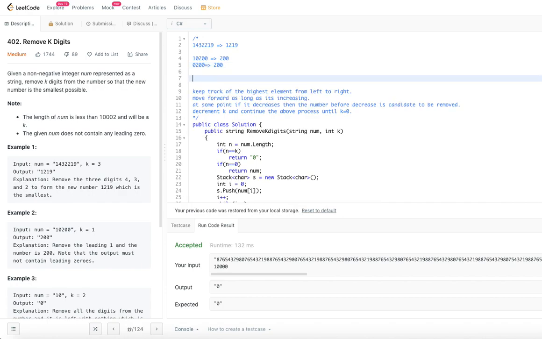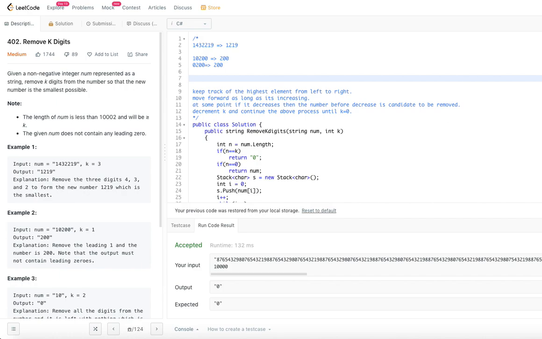But how to pick a digit is the question for us. How to pick a given digit is the question. The approach that we are going to see is we need to pick the maximum digit possible. Because if we remove the minimum digits, it will not be a minimum number anyway.